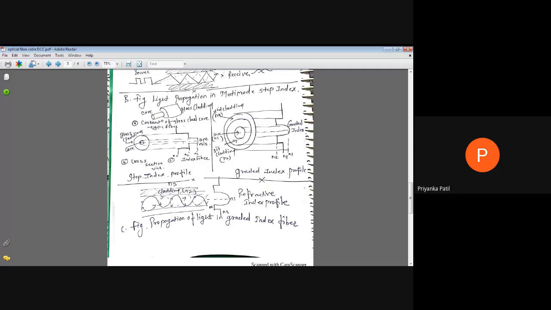The refractive index of the core is considered as N1, and the glass cladding is represented by N2. This is the refractive index profile of the